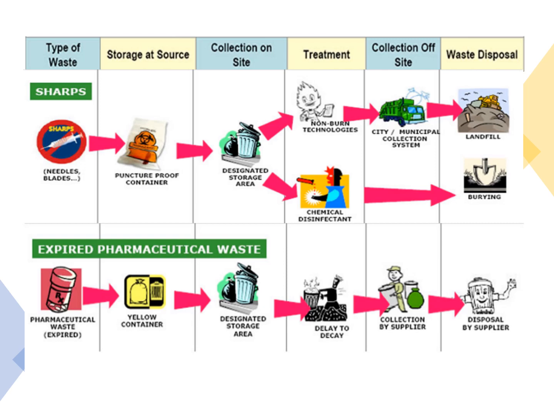Then for the expired pharmaceutical waste, like your expired medicines, vaccines, or sera, they have to be placed inside yellow containers because they are considered as infectious waste, and they are also placed in designated storage areas temporarily, which is still located inside the healthcare facility. And then usually this pharmaceutical waste, the companies who are manufacturing or supplying these medicines or vaccines or sera, they are the ones who are responsible for collecting this type of waste, and the disposal is also made by the